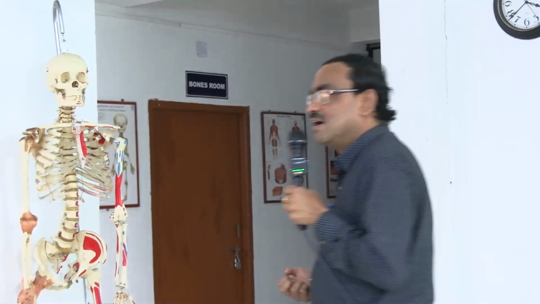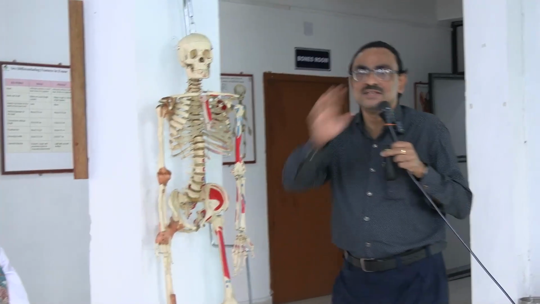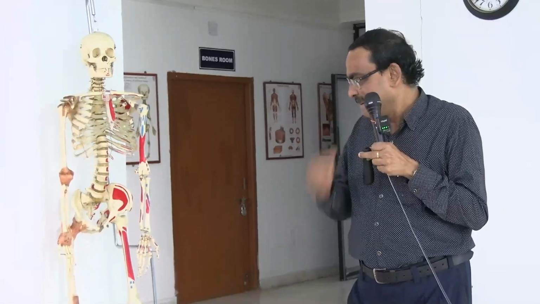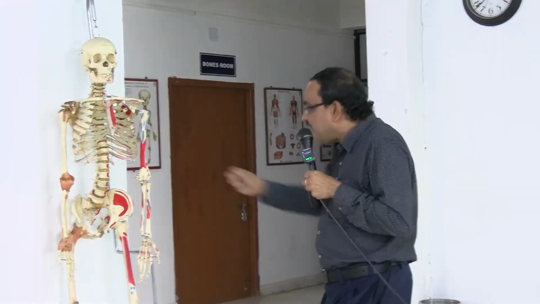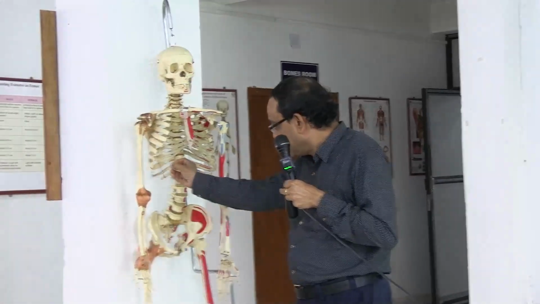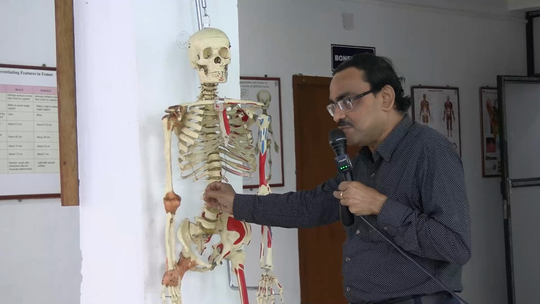And there is a rope-like structure, but it is not a rope-like structure, it is a very debatable aspect, which drags these gonads from the posterior abdominal wall to the anterior abdominal wall,